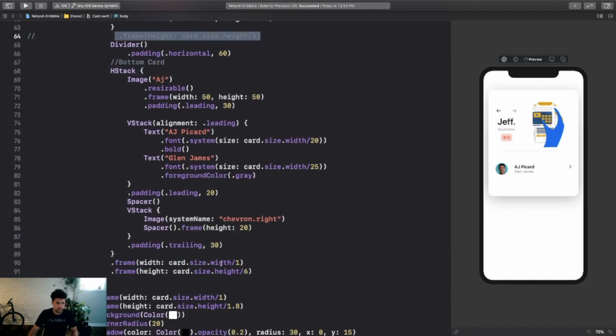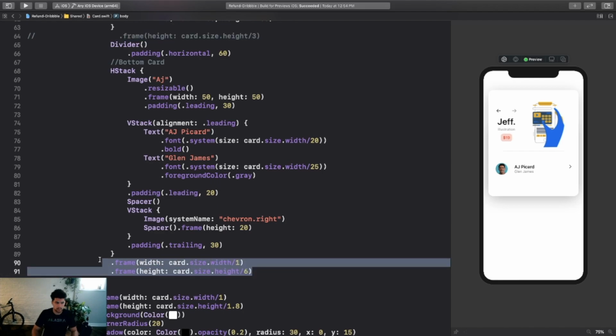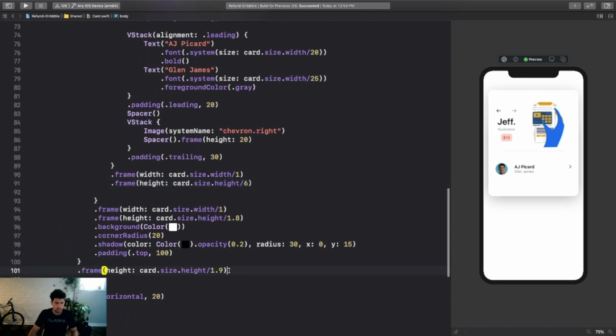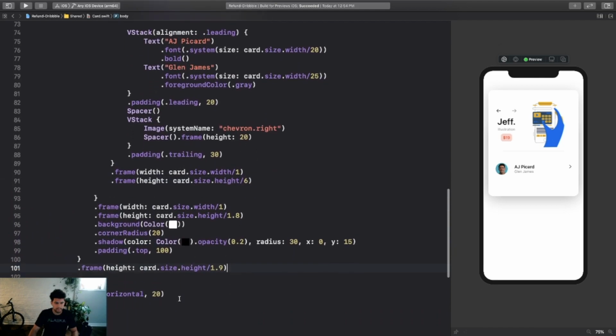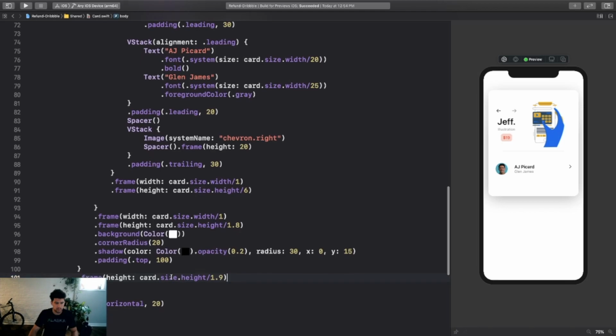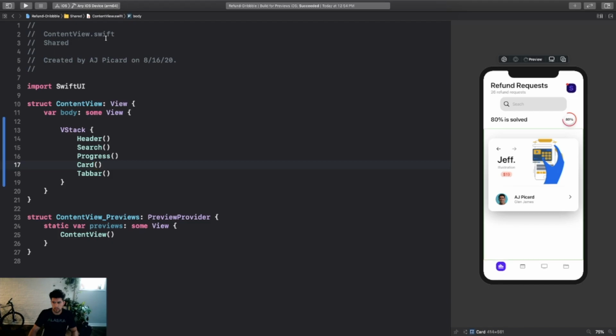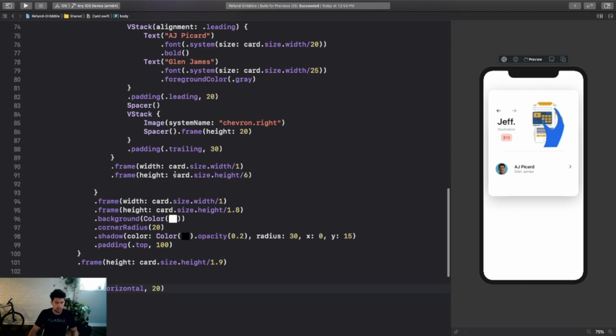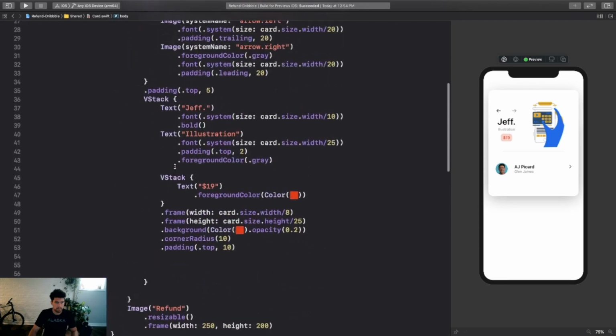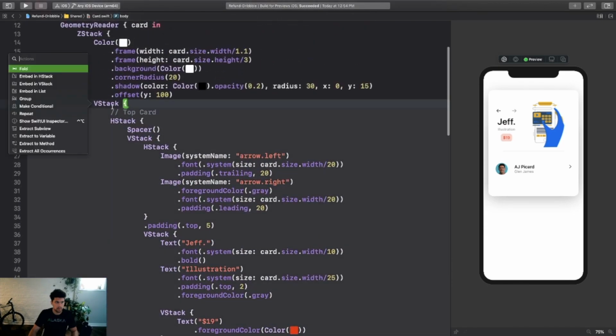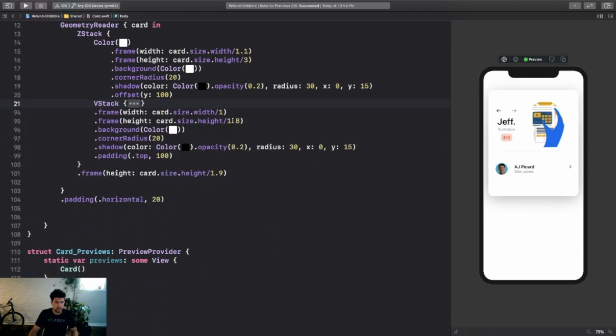Let's actually comment this, and let's comment this. Close. So it looks like this top card, this fold, this guy right here,